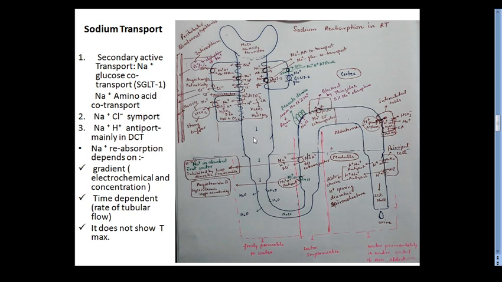Similarly, when we reach the loop of Henle, there is the sodium potassium 2 chloride transporter. It is inhibited by the loop diuretic furosemide, the commonest salt. Furosemide blocks the activity of this channel, so there is no reabsorption of sodium, potassium and chloride ions, and all are retained in the tubular fluid and pass to the next part of the renal tubule. The tubular fluid becomes more osmotic, and along with that there is more loss of water.